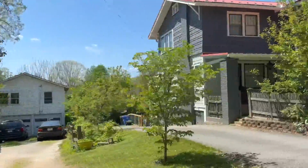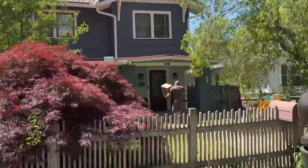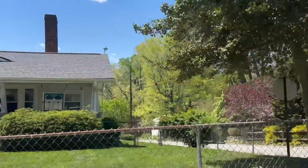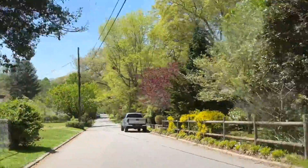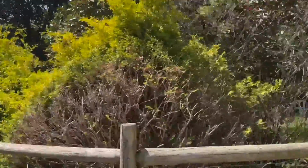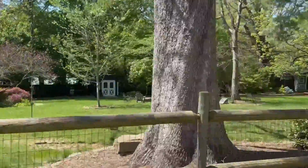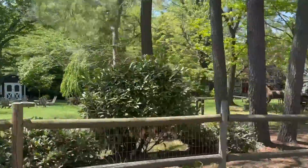And of course, because it is located in West Asheville, it has this super close proximity. I mean, you can walk. In fact, Malin Hills is the only neighborhood out of 4 that has sidewalks. Not everywhere, not 100% of the streets have sidewalks, but a lot of streets have sidewalks, and you can easily